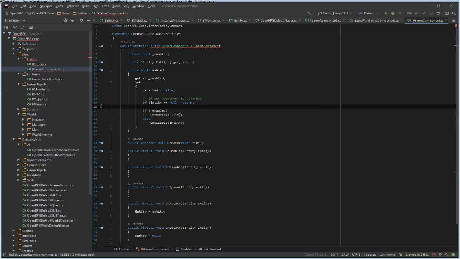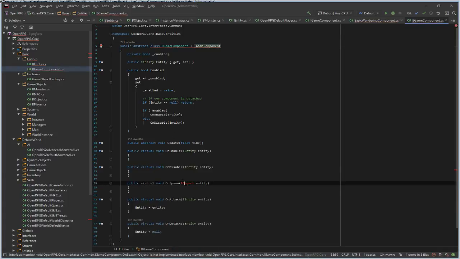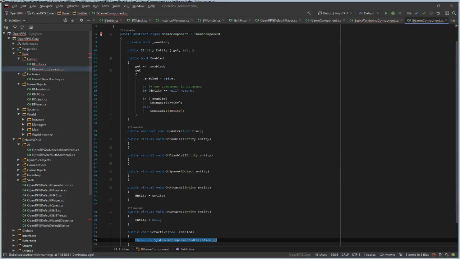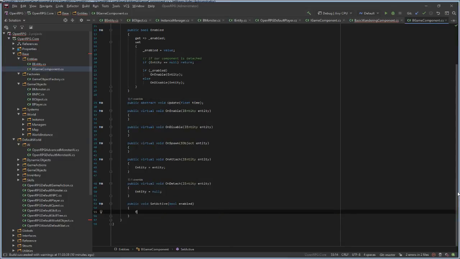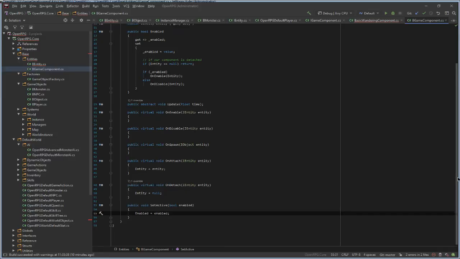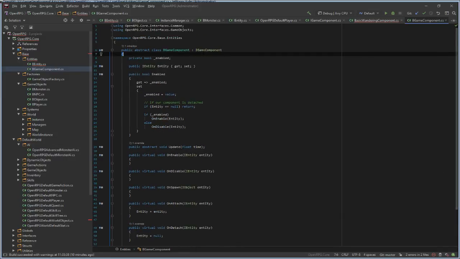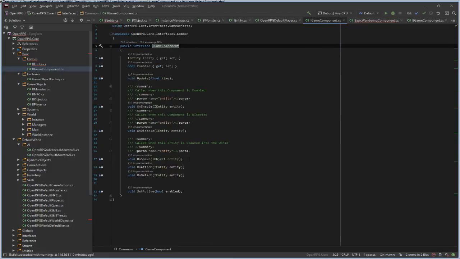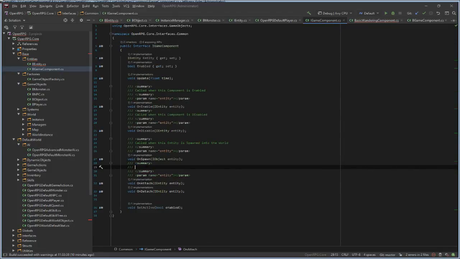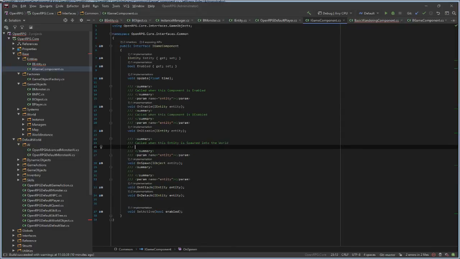Anyway, where is it? On spawn, yes. IObject, set active, enabled equals enabled. Great. What do we have here? You can perform action handling within this method.